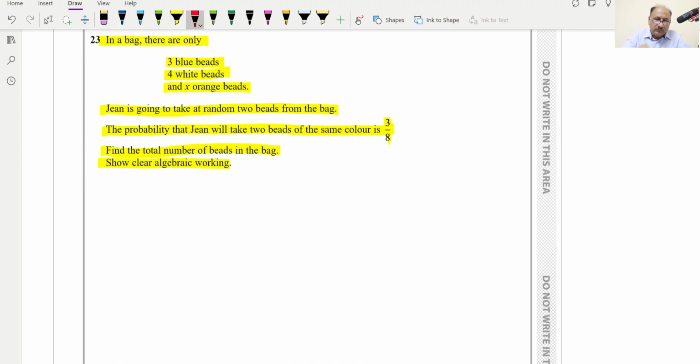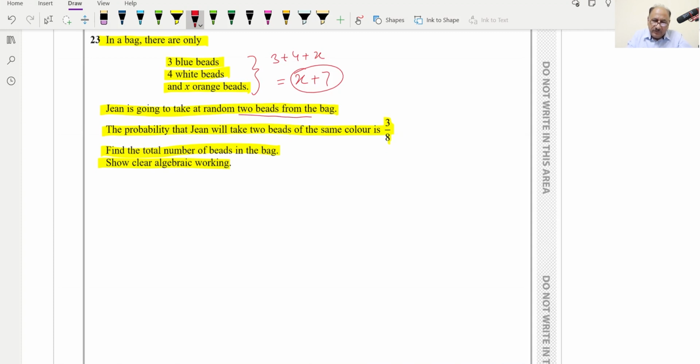Now we can say, if we add these beads, this will be what? This will be 3 plus 4 plus x, and this will be equal to x plus 7 or 7 plus x. So this will be the total number of beads, and we have to find the value of x. Now from this given information,